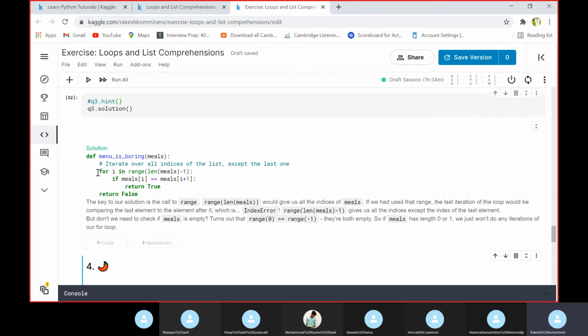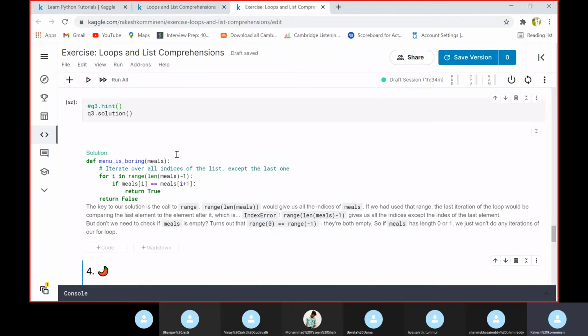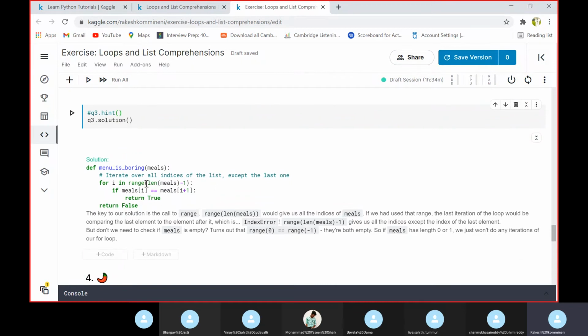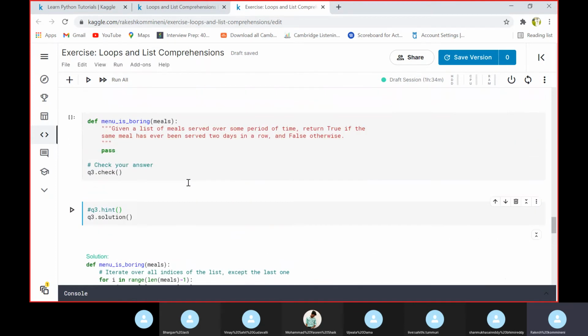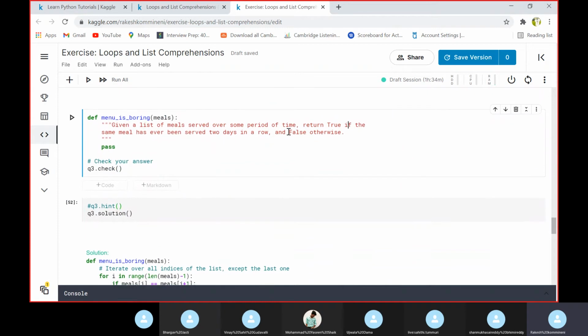So here we have declared the for loop operation. Just imagine weekday meals from Monday to Saturday, and length of meals will give us the count of meals they have provided. Here they were asking, if 2 meals are ever served continuously, we need to return true, otherwise we need to return false.